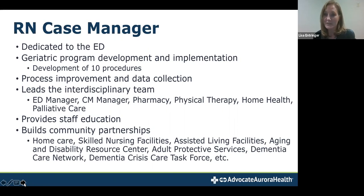I also lead the geriatric program here. So with that, I created a geriatric program committee. That committee involves a multidisciplinary team, which has my management team, also has RNs from the emergency department, techs from the emergency department, physical therapy representation, home health representation, palliative care, pharmacy. So it's a great team to put together to brainstorm and come up with good procedures to better support our older adults in the emergency